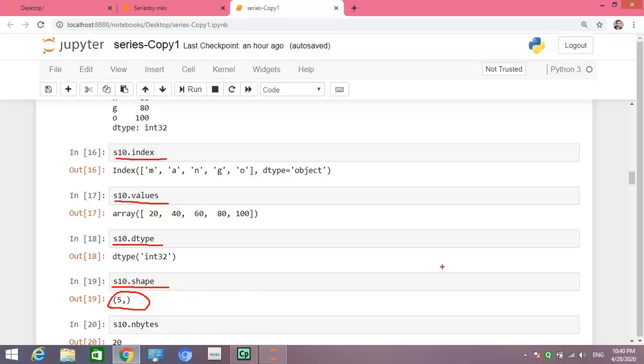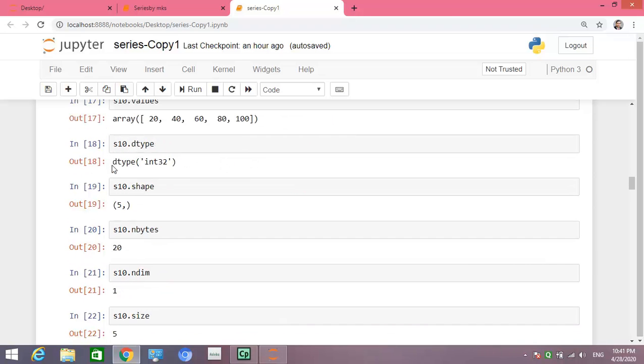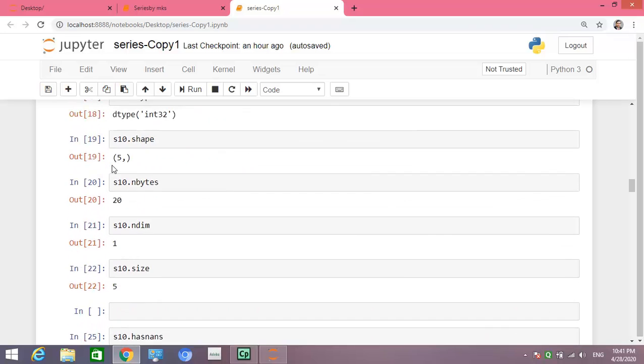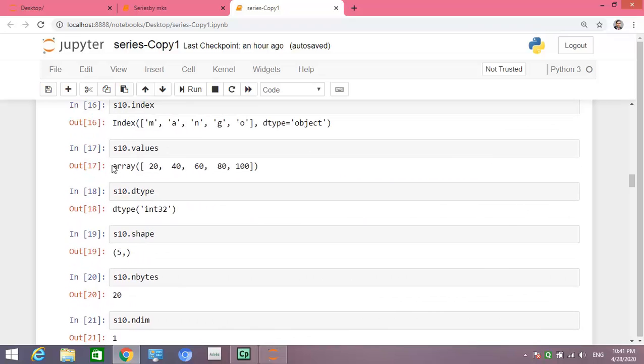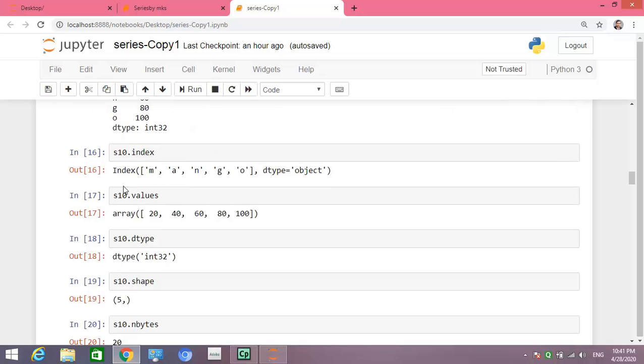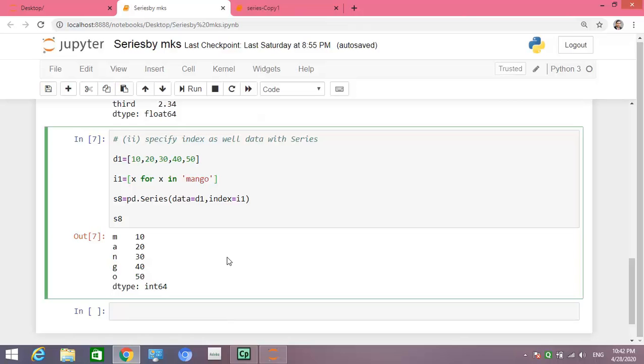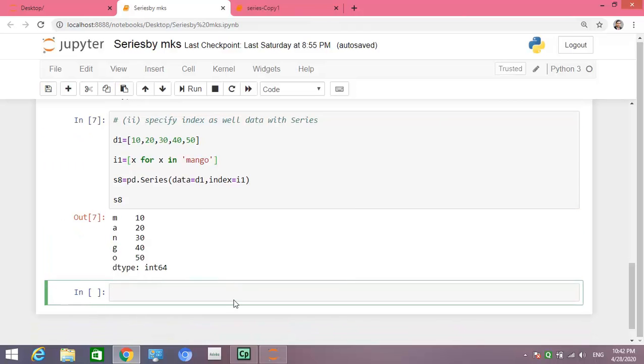Next, so many things are there, so we will try only these things: values, index, dtype, shape. Suppose we have one series, already we have one series S8.